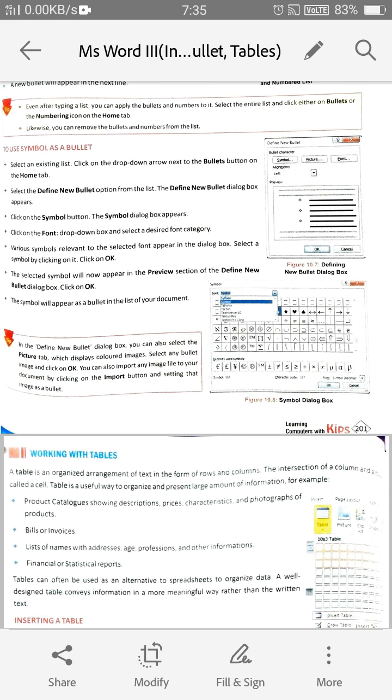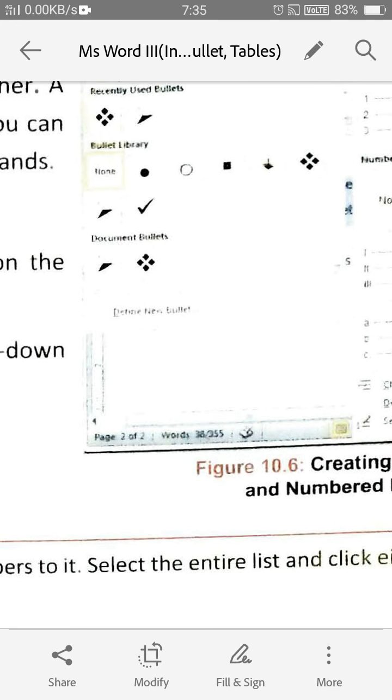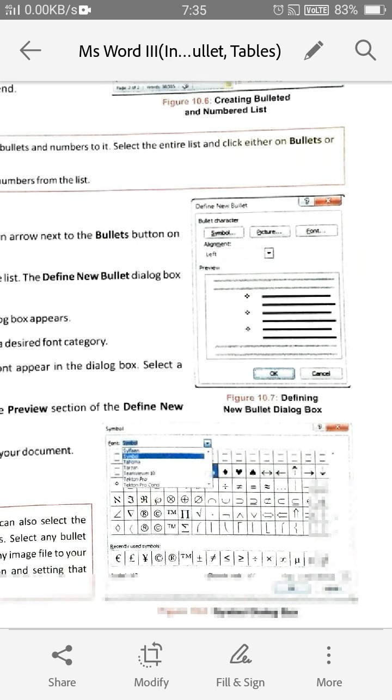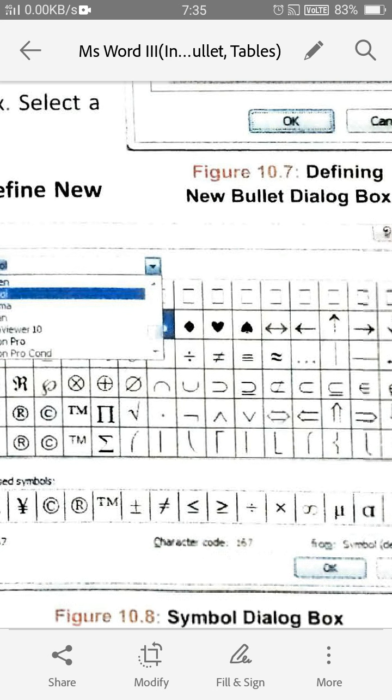You can insert some special symbols as a bullet also. Some bullets are given by default, as I showed you here. Have a look, these are the default bullets, and besides these bullets you can insert from the symbols also. Here are these symbols, and you can insert them as a bullet.